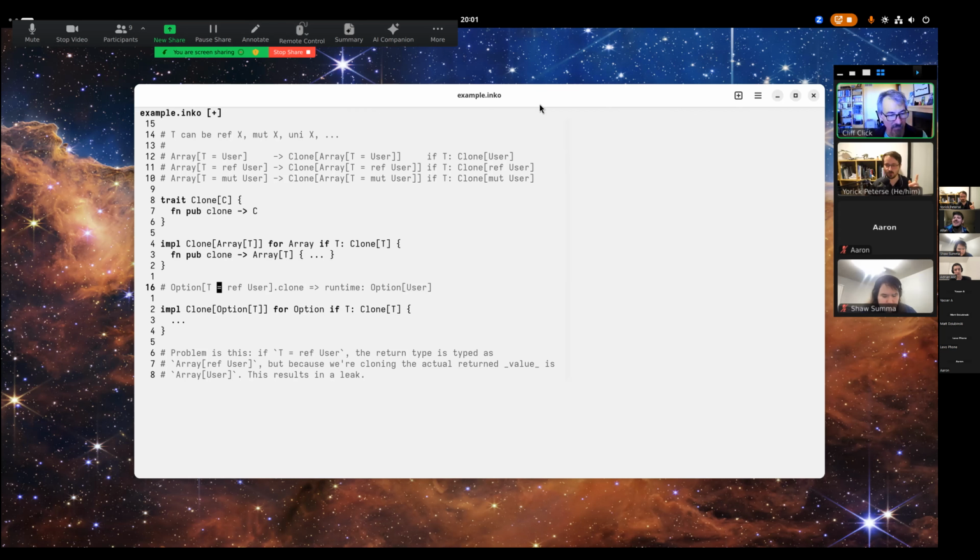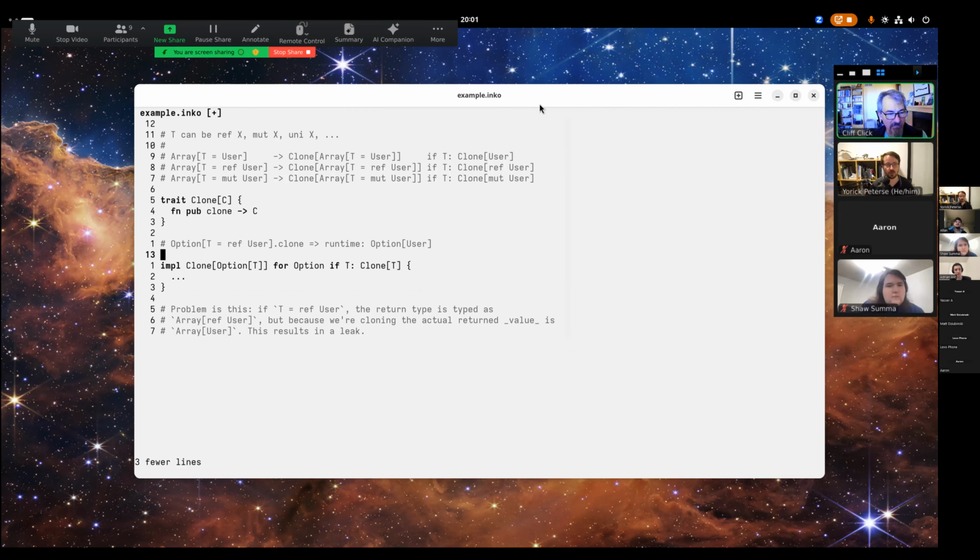So the problem here is, in this implementation of clone for option, if I have an option over a user, or in other words, of that option, its type parameter T is assigned to a reference to a user, because we have an option over a reference to a user, or a borrowed user, whatever you like to call it. What I would like is if you clone that, it does a deep clone. In other words, you get an owned option, an owned user, an owned whatever is inside. What happens is because T is assigned to a ref user,